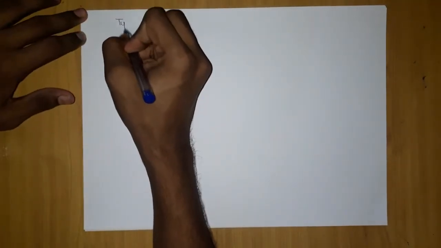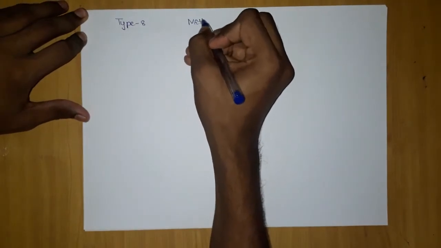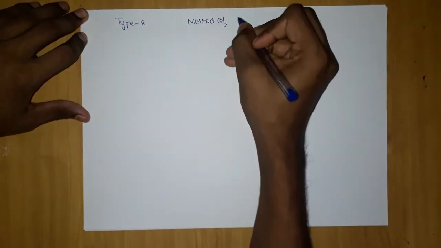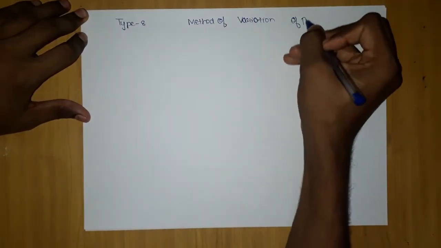Now, what we are going to do in this session is learn another method to solve those types of questions which are second order differential equations. Whatever question has a second order differential equation f of D will be solvable using this method. And this type, you can say this is type 8, which is called the method of variation of parameter.